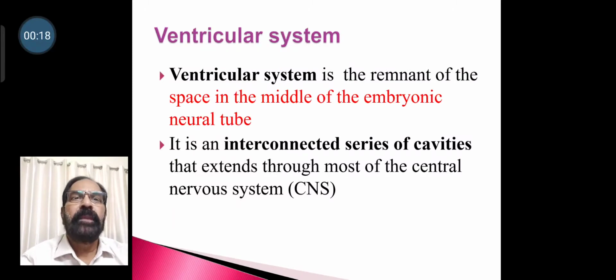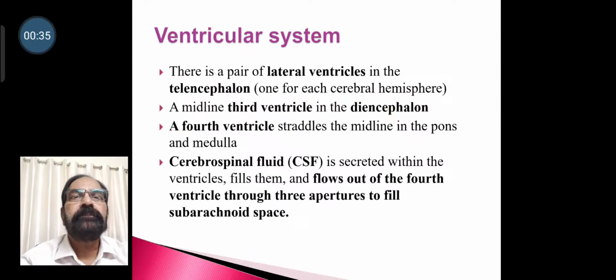Ventricular system is the remnant of the space in the middle of the embryonic neural tube. It is an interconnected series of cavities that extends through most of the central nervous system. There is a pair of lateral ventricles in the telencephalon, that is one in each cerebral hemisphere. Then a midline third ventricle in the diencephalon. A fourth ventricle straddles in the midline between pons, medulla and cerebellum,